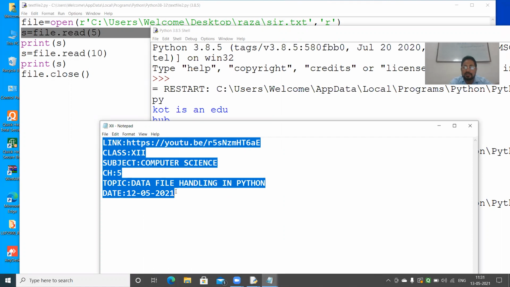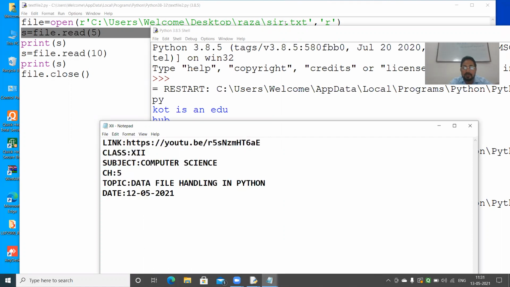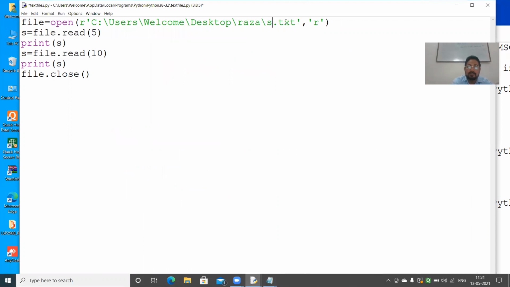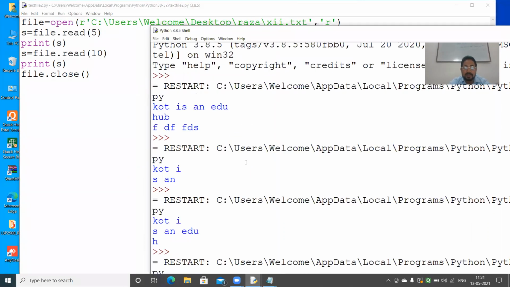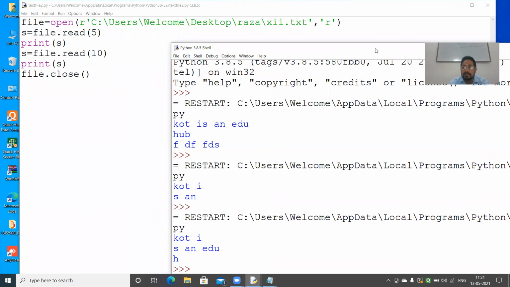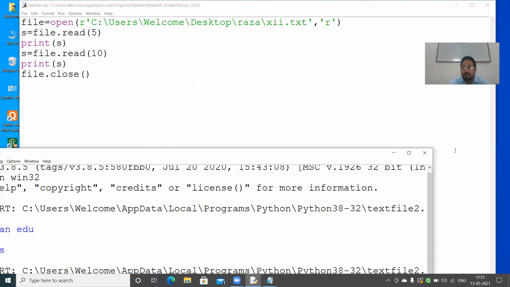Okay. Now this file is stored by the name of 12. I will just change it to 12.txt and I will run. If it is correct, it will show the result. Yes. Okay. Correct. No problem.